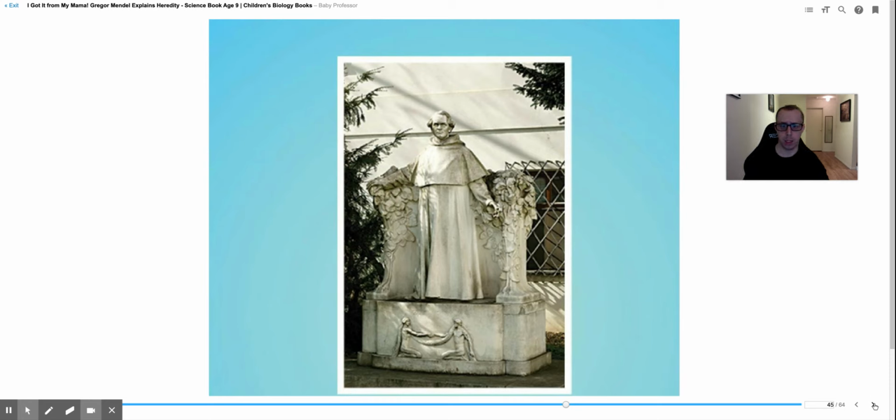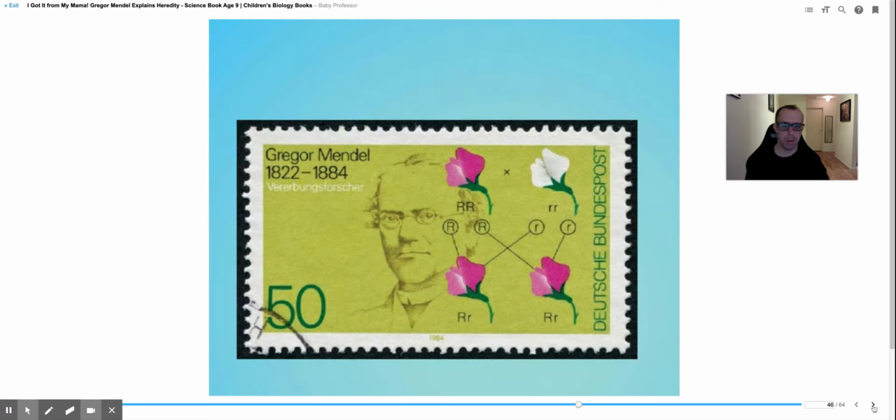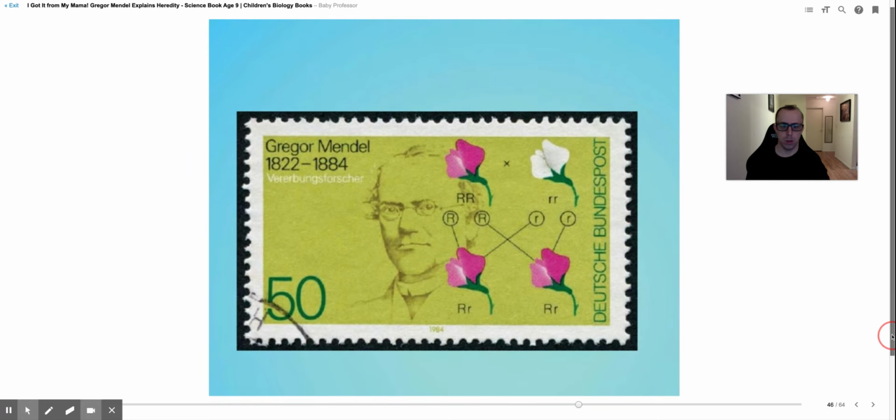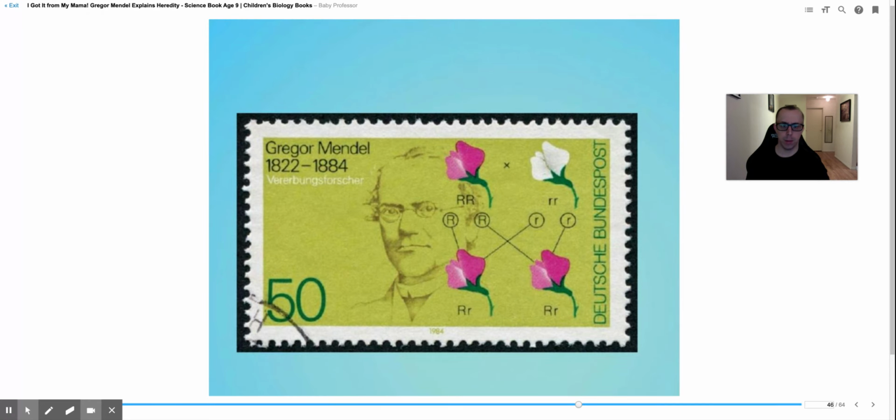Here is a statue of Gregor Mendel. Remember, he was born in Europe, what is now known as the Czech Republic, so this is probably somewhere over there. Here is a stamp, I believe. There is no caption, but this looks like a stamp, or it could be some type of money with Gregor Mendel on it. And you can see here some of the trait variation being represented in